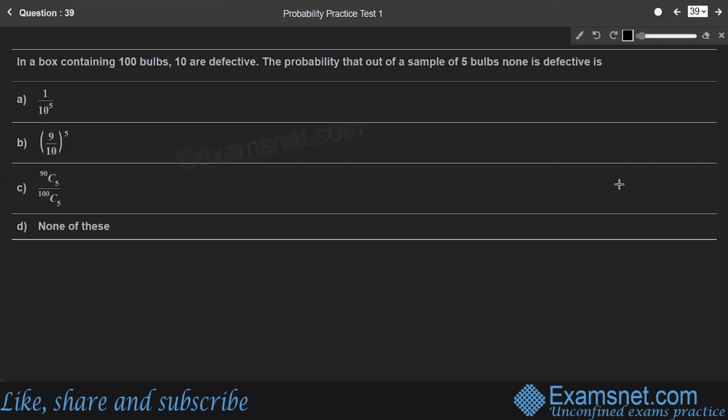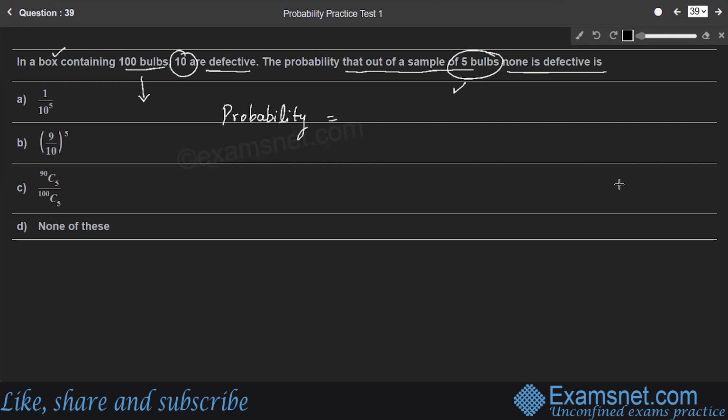Question 39. In a box containing 100 bulbs, 10 are defective. The probability that out of a sample of 5 bulbs, none is defective is. So out of 100 bulbs, 10 are defective, right? So non-defective bulbs are 90. In that, we need to select 5 bulbs. So the required probability that out of a sample of 5 bulbs none is defective is equal to,